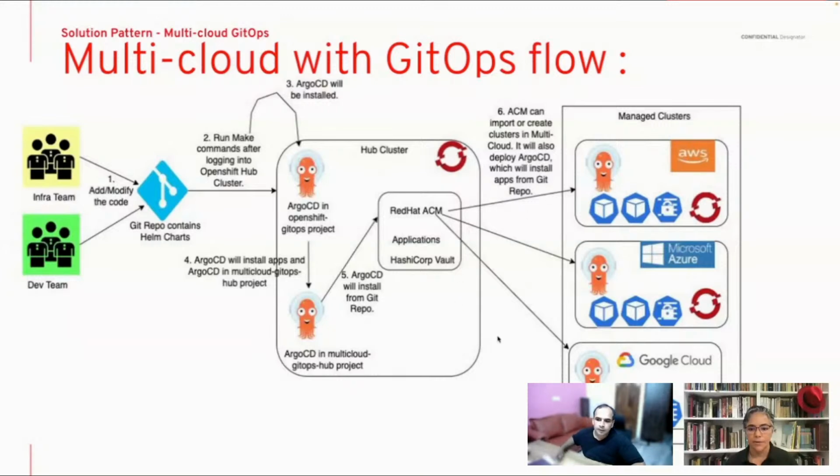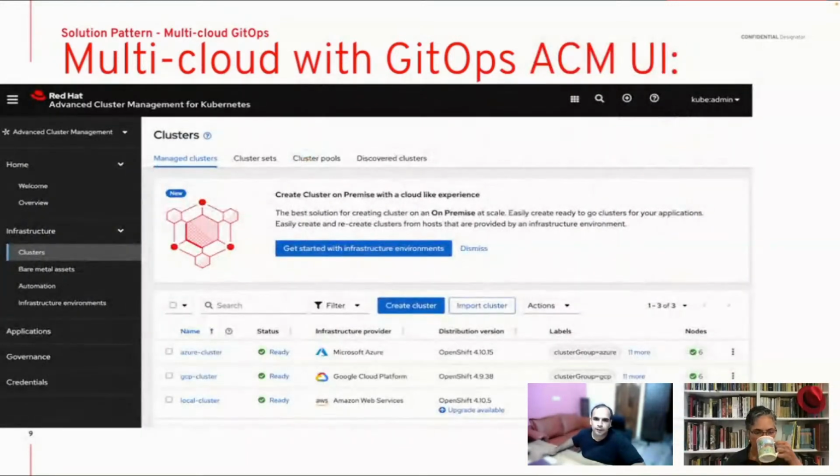Okay. And now moving on to the next slide. So how does it look in the UI for the ACM? In the ACM, we will see a similar thing. Here at the bottom, we have a local cluster. Local cluster is nothing but the hub cluster, and it's running on AWS. And then we have two clusters, the Azure cluster and the GCP cluster,